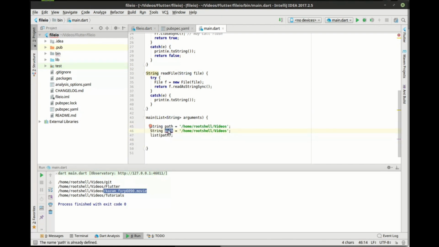Let's call this txt file, just give it a very simple name, and we're going to say write file. We need to give it our text file, and some sort of data that we're going to write to it, and then the mode. We're going to say append, and we're just going to play around with this for a little bit. So really what we're saying is, if this, then